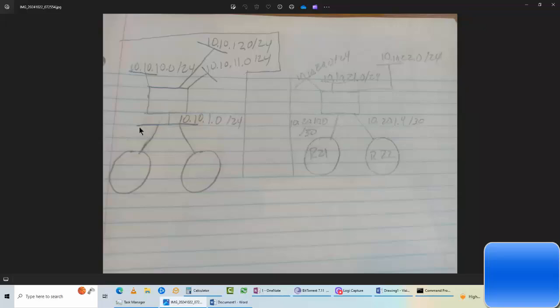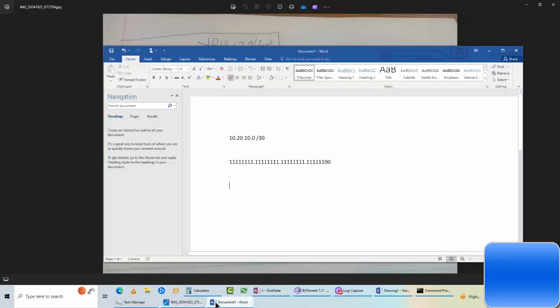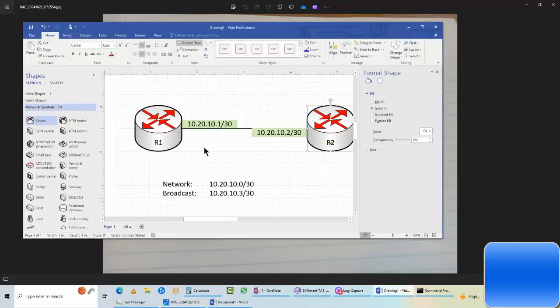This horizontal line here symbolizes us being on a segment, meaning more than 2 devices are connected on that subnet. It's not a point-to-point link anymore. Even though in this scenario this is a point-to-point connection, and this right here